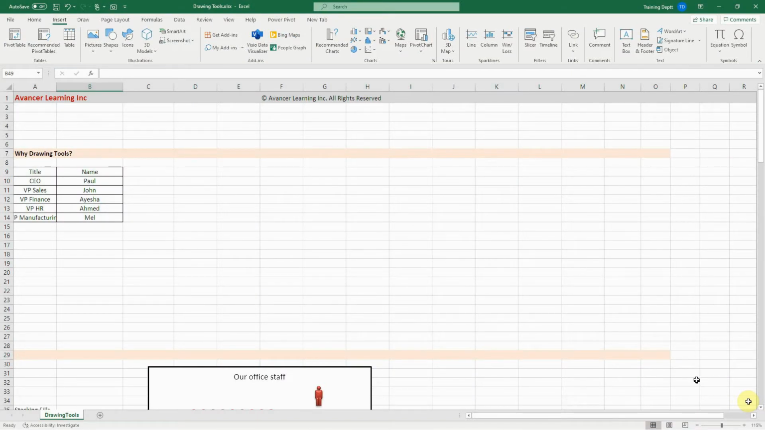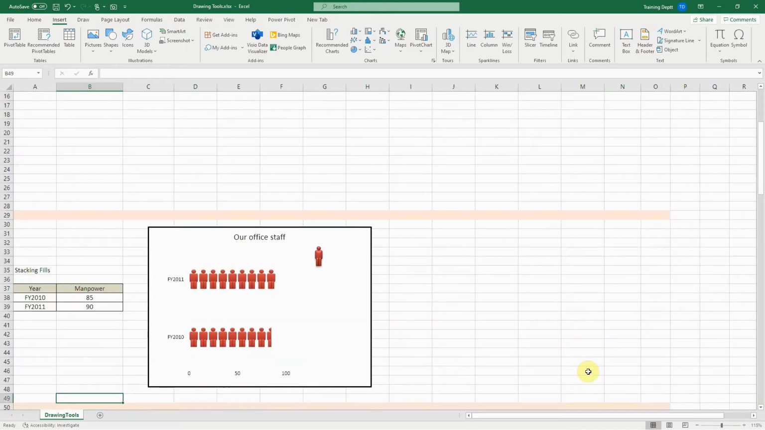So here we are in a spreadsheet in Excel, and we'll take a look at first one obvious application of drawing tools, and then we'll take a look at one not so obvious application of drawing tools. So here is a chart, a pictorial chart, and I'd like to annotate this chart to say that one person equals 10 units or 10 people. This is a manpower chart, and I'd like to add a little legend here that says one person equals 10